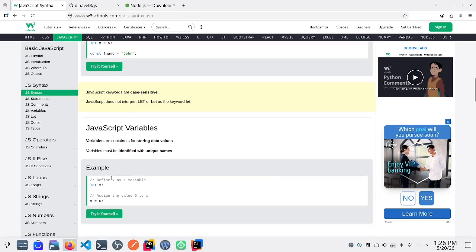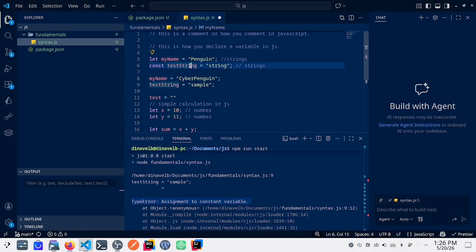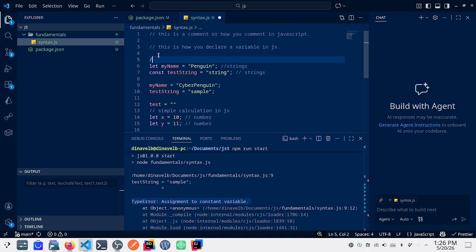So after the let is the variable, and the name of our variable is myName, which is the identifier of our variable.